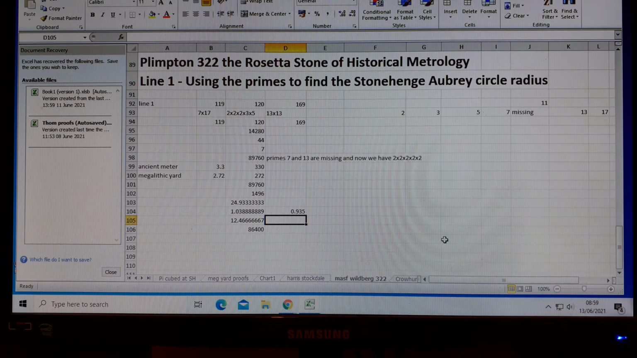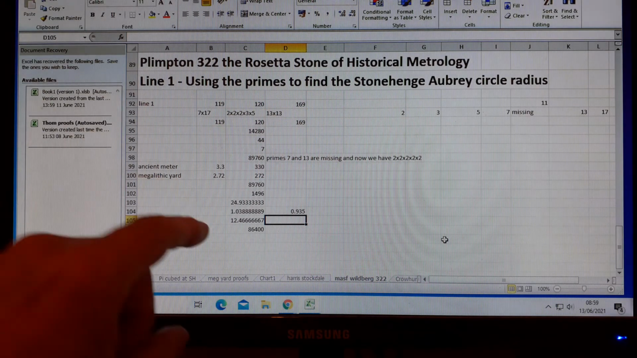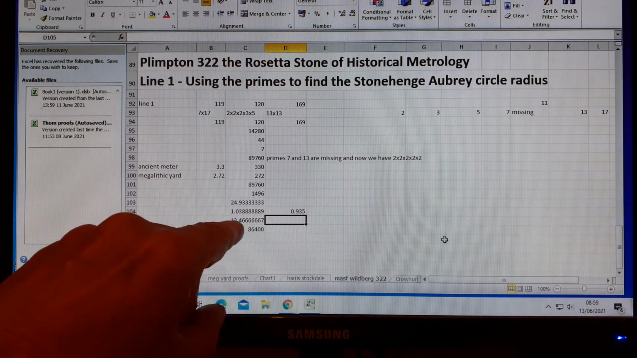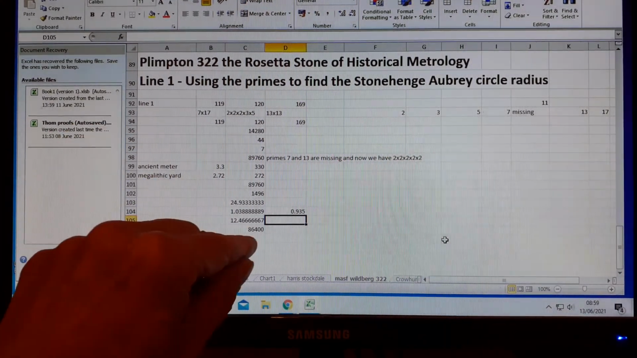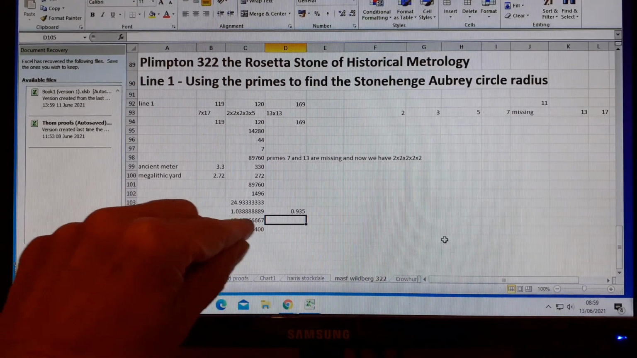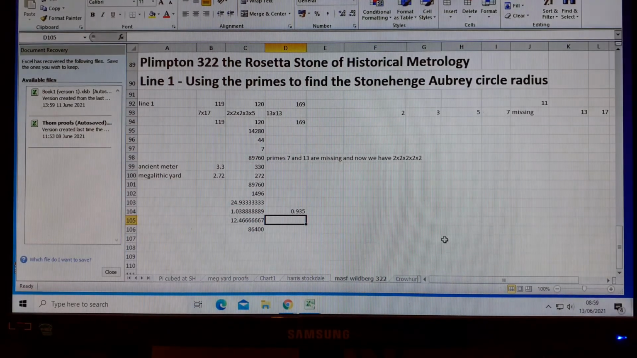Now, I've multiplied this funny number here by 12, and we get 12.466666 recurring. Now that's a much more usable unit, so that's got to be multiplied by 12 as well. But we find that there are 86,400 of these units when that's multiplied by 12. There's a lot more we can do, but I just want to show here that there's deliberate manipulation of prime numbers going on. And at the Aubrey Circle, we know now that there's another version of pi being used, and